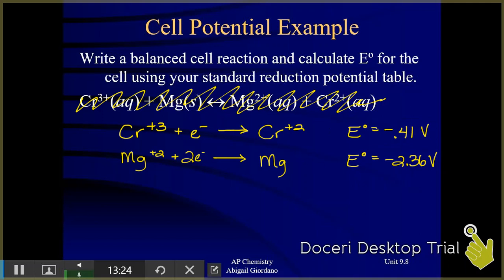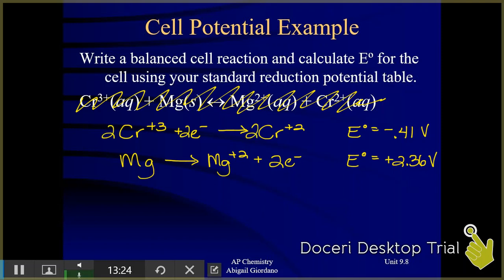Okay, so I am going to alter this reaction and write it properly. Okay, and then that becomes positive. Now we're not quite finished here. Think way back to when we did balancing redox reactions. Remember, guys, that before you add your two half reactions together, the number of electrons must cancel out. They must be the same, and right now they're not. The chromium half reaction has 1 electron, the magnesium reaction has 2. So what are we going to do? We're going to multiply this top equation